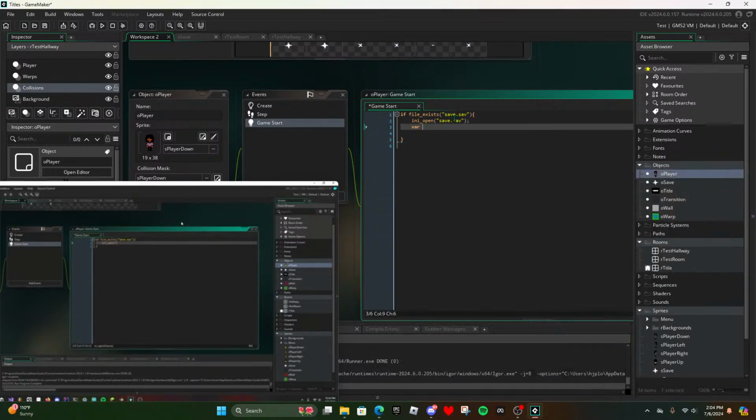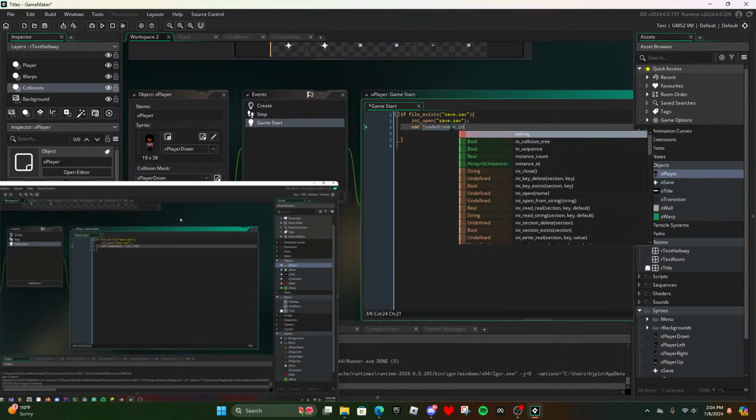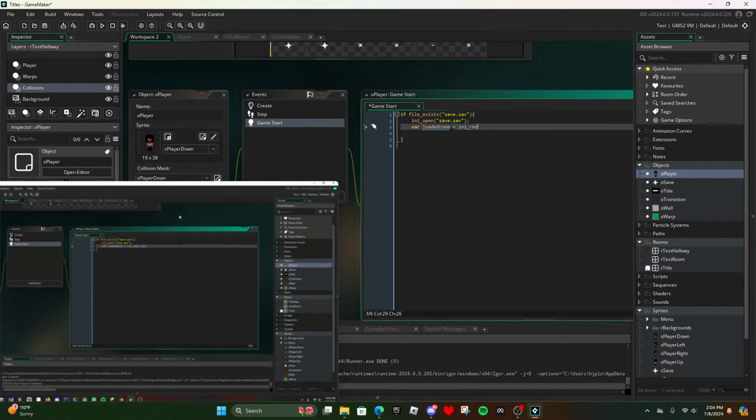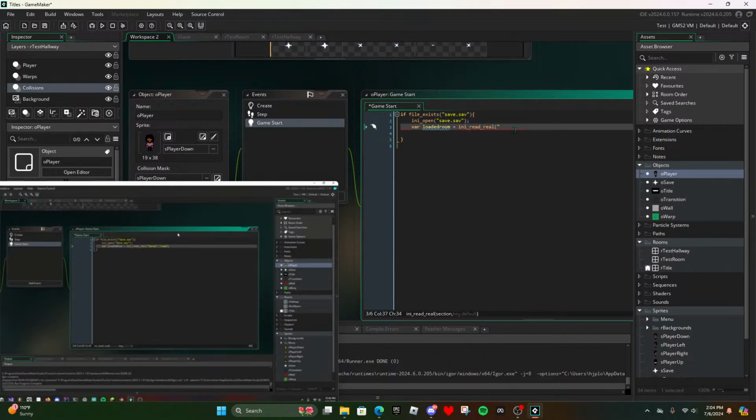So it's gonna open our save file. And then var loaded room equals ini read real. So rather than writing, it's reading. And then save one room. So it's checking the first save file, the room category, and then